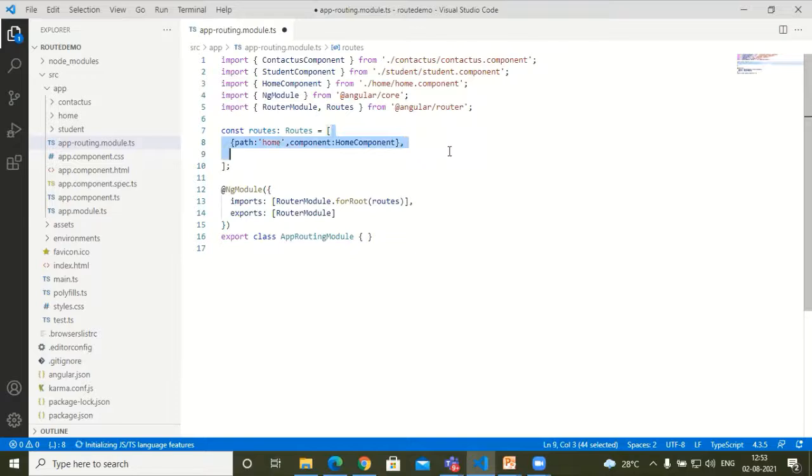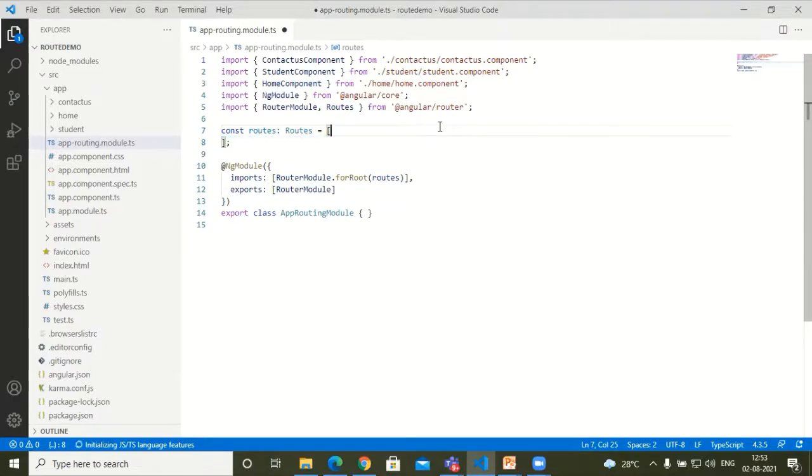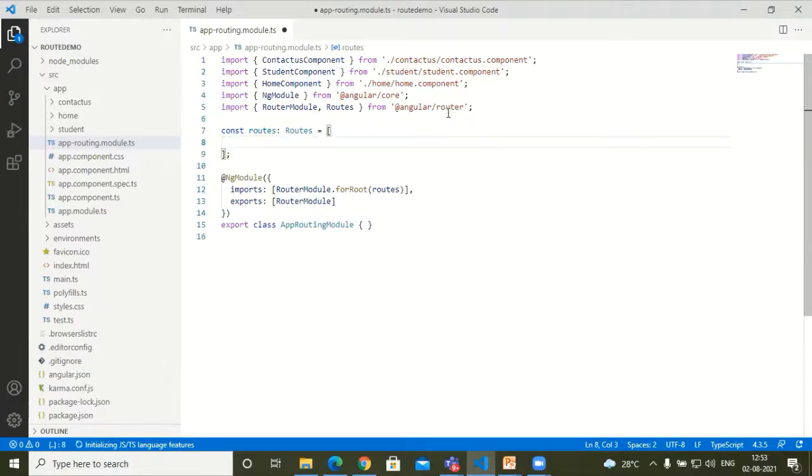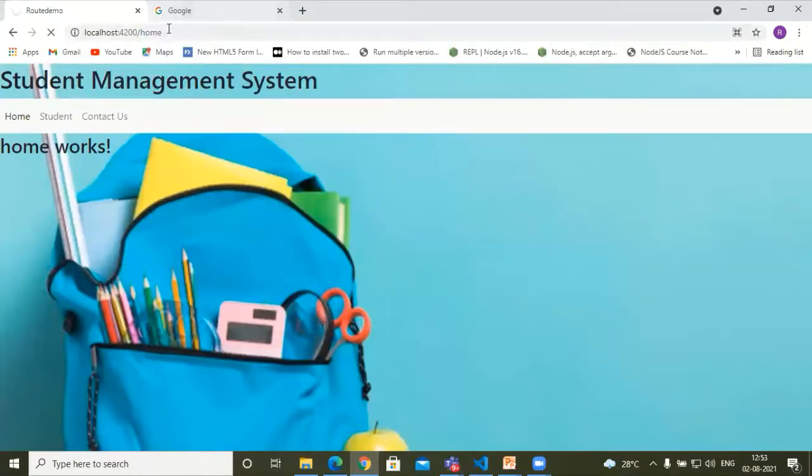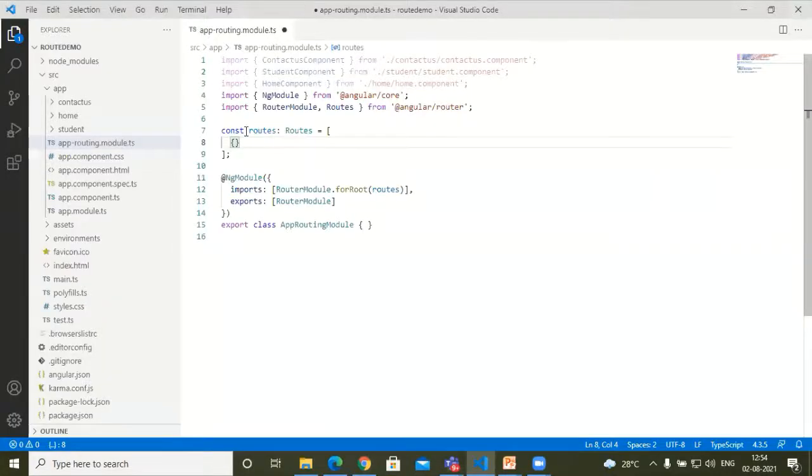When you have created the application, you will be getting this routes array as it is. So we will be adding there the multiple routes which we have in our application. As soon as my user is typing home, it will be navigating to the home component. So how are you going to give that? Here we will be giving the path, and into the path we will be giving, whenever my user is typing home, that time it should invoke the component.